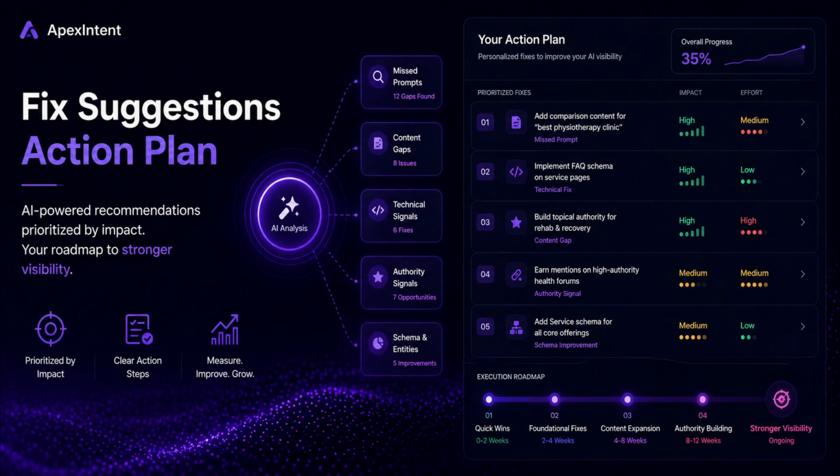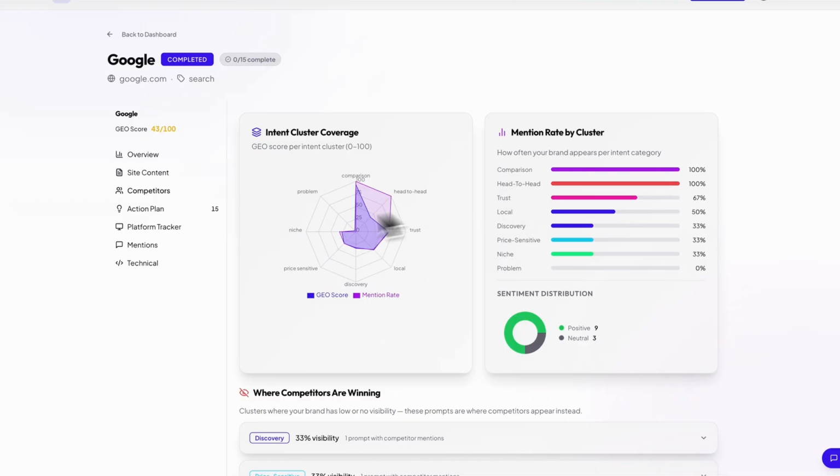This is your action plan, a prioritized set of fixes based on real visibility gaps. You're not guessing what to improve, you're following a clear execution path. This is your prioritized action